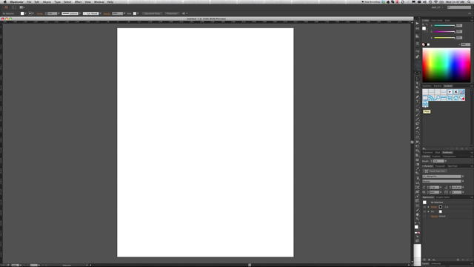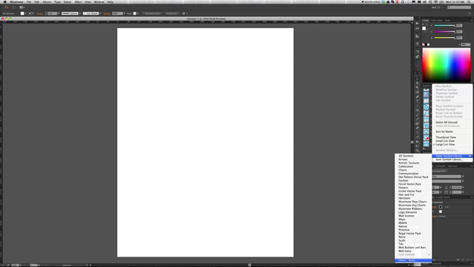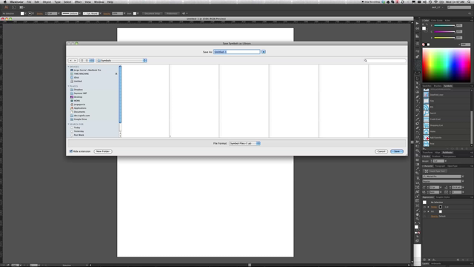These symbols right here have a name. They have a name, and these can be saved as files by themselves, as in a library, and they can be reopened. So if I save this list of symbols right here, this stuff,